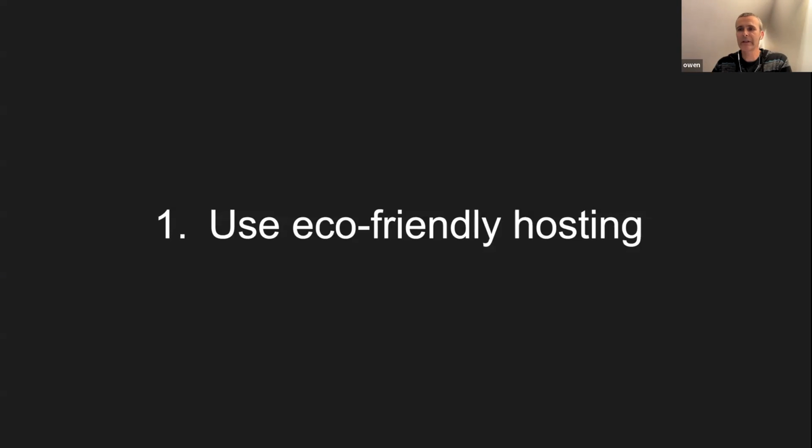So the first thing of the 6 ways that DevOps can help tackle climate change is to use eco-friendly hosting. So think about where your applications, your services are hosted, and what the climate impact is of those data centers.